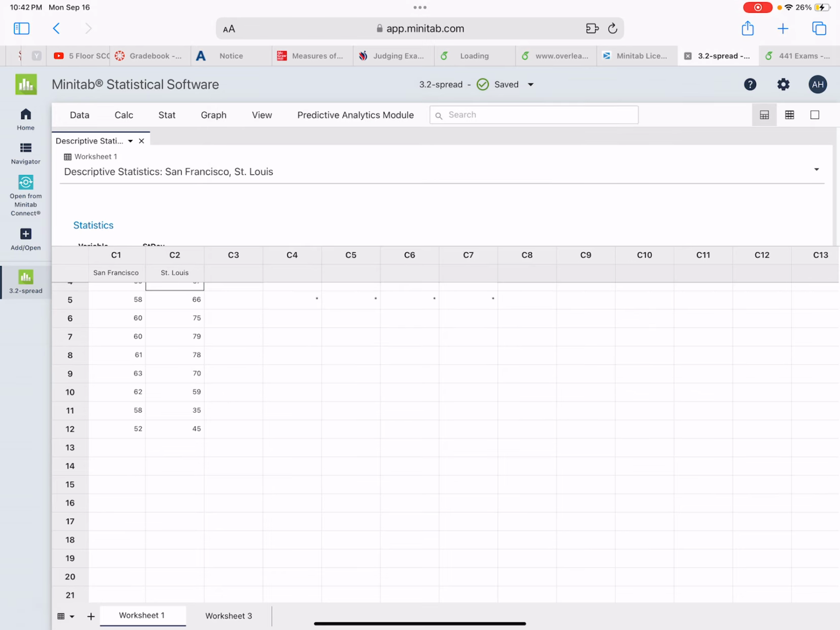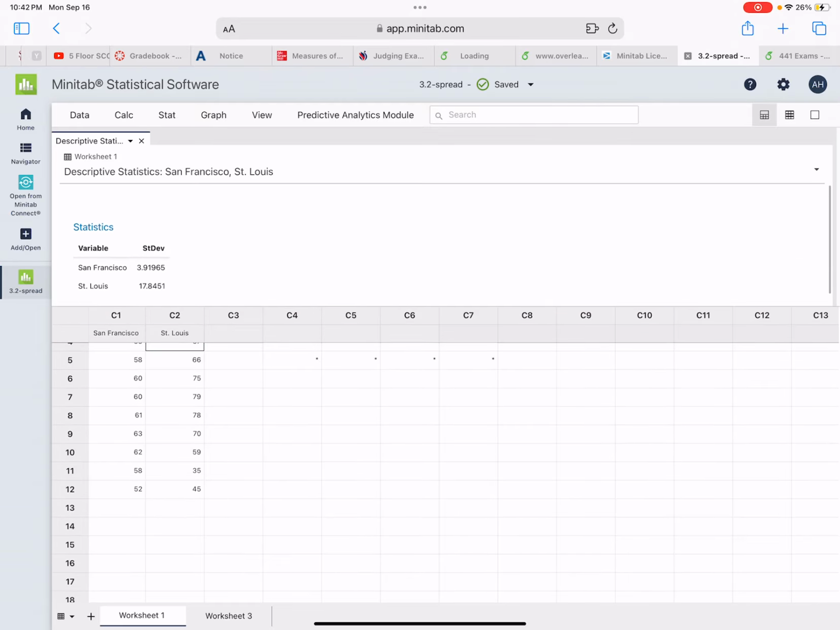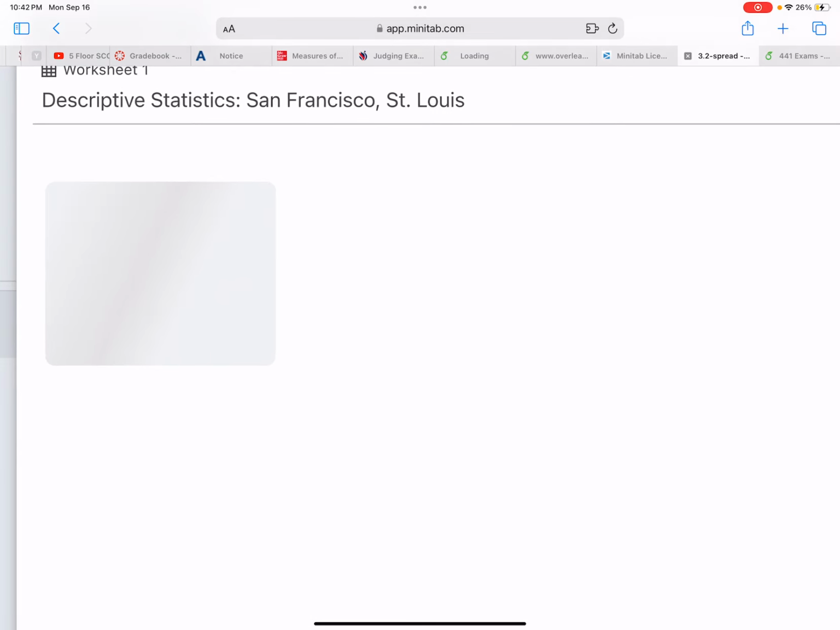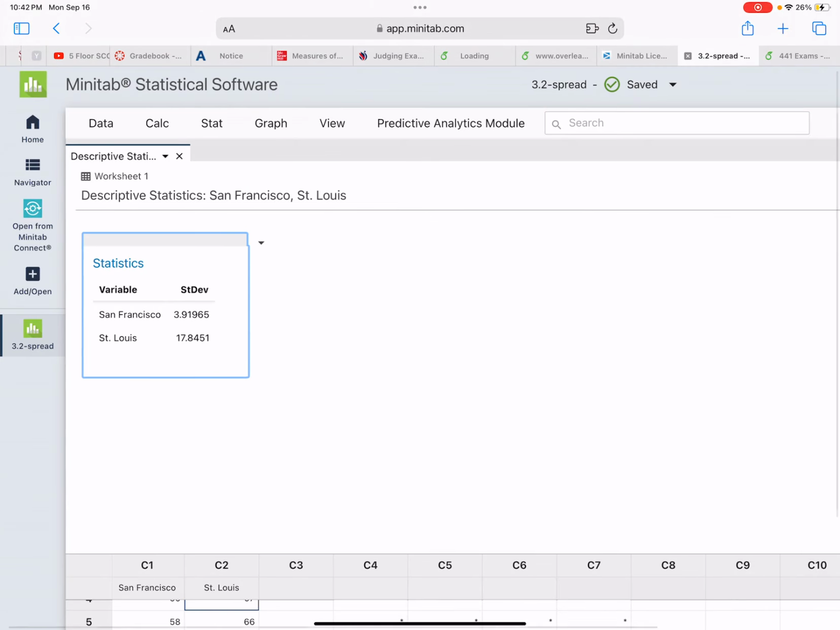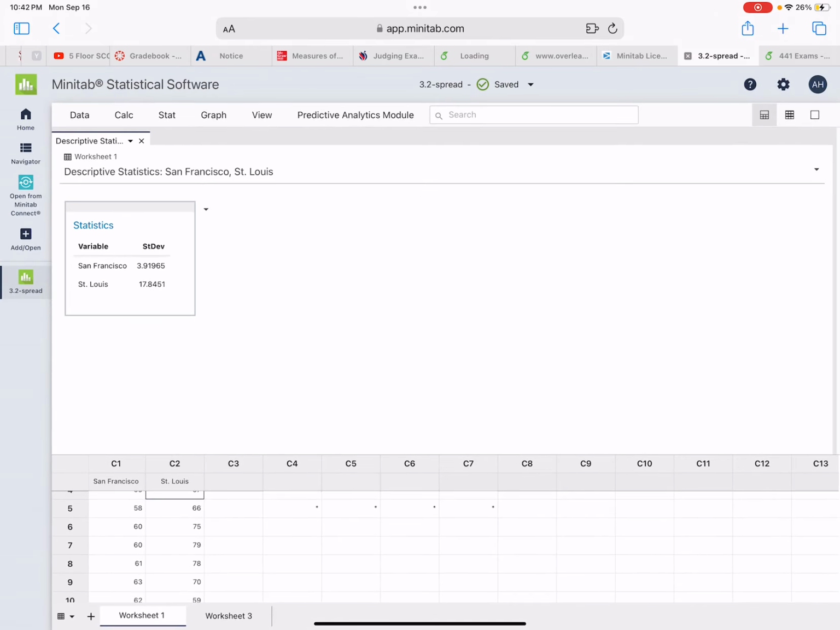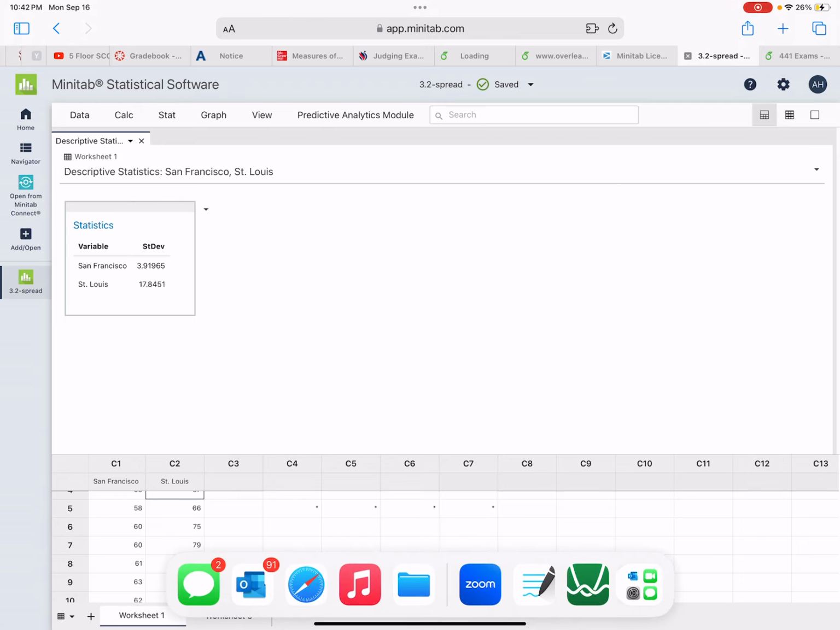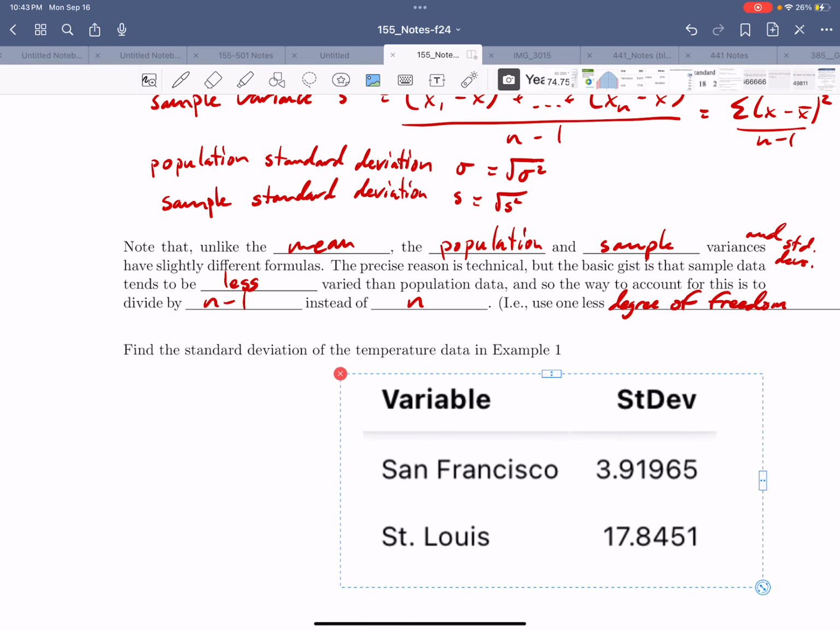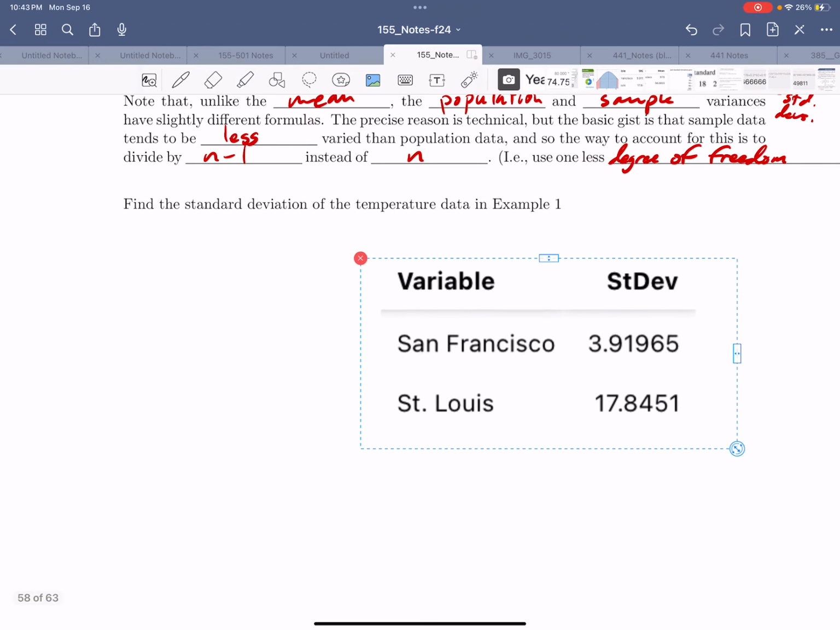Now, I believe that this calculation is the population standard deviation. But you can see that San Francisco and St. Louis have drastically different standard deviations. Right? San Francisco's is small, its spread is small. St. Louis's is large, its spread is large. That's what you would expect. Right? So if we go back into Minitab and maybe we get these values out there, we can see that